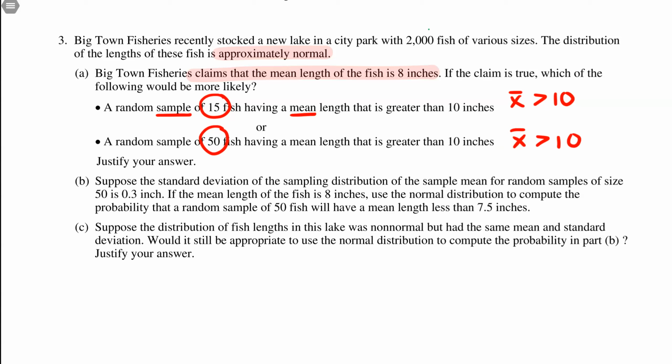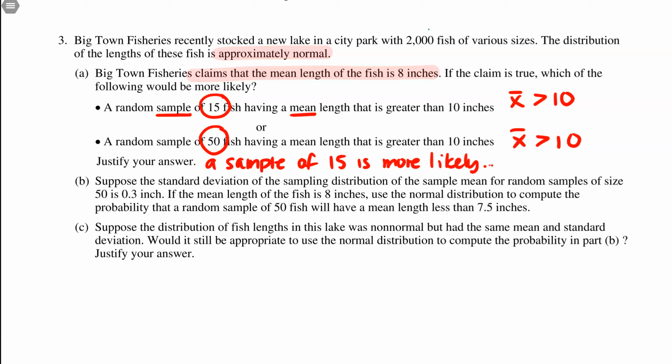So more likely, a sample of 15 is more likely to have this mean. Then my justification. Now, I haven't looked at the actual answers, but my guess is there's probably a number of things